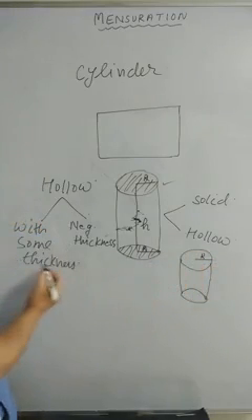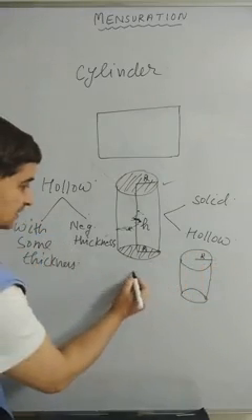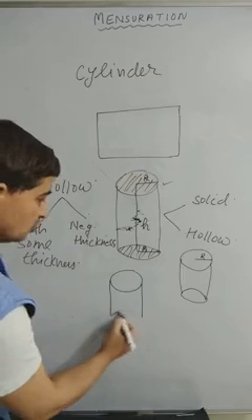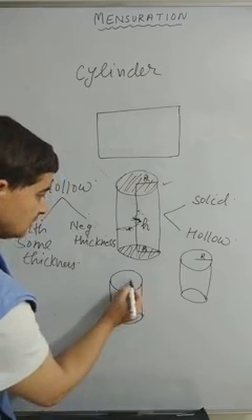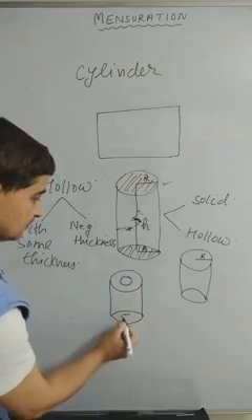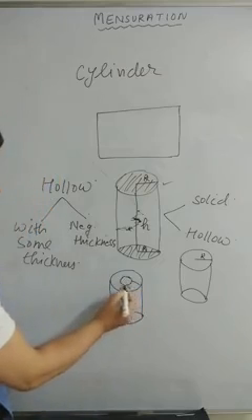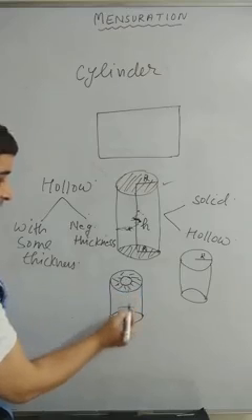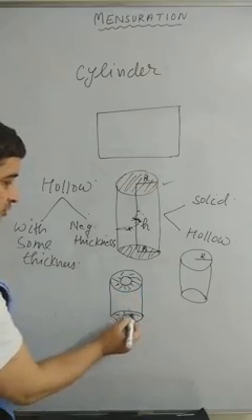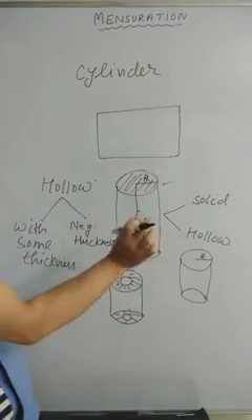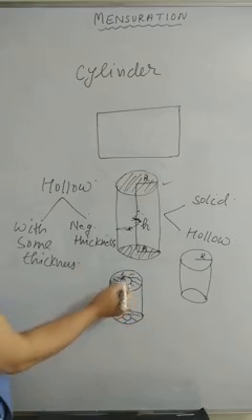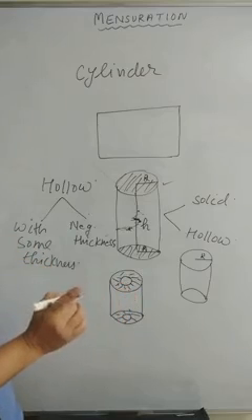Now in the case of a cylinder with some thickness, it can be of this type, like a paper roll you must have seen. This part is solid and here it is hollow, so it has some thickness. This much is the thickness. So this is another type of cylinder we will study. Here we will study three types of cylinders.